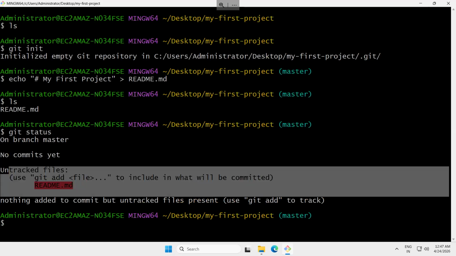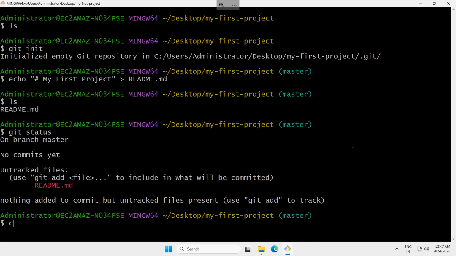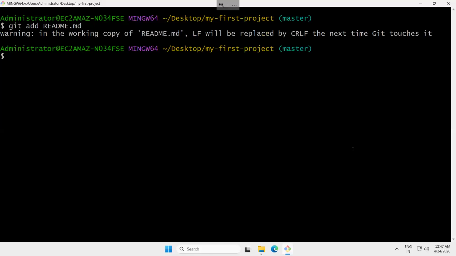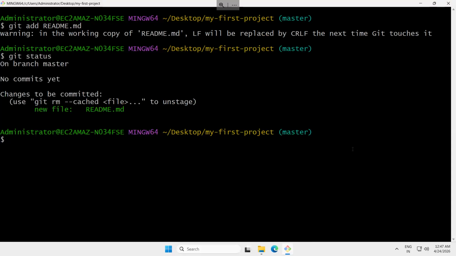You want to commit it, right? So before that, I need to run git add readme file, to move it into the staging area. Now you can run git status. Earlier it was an untracked file, now it is a tracked one. Now what we need to do is move to the next step, so we need to commit it. So git